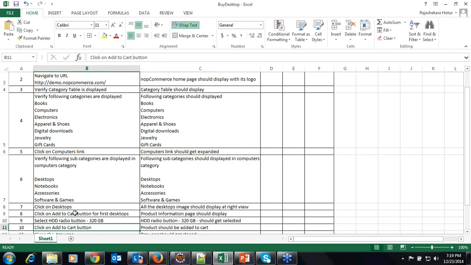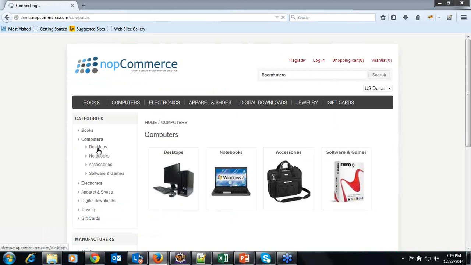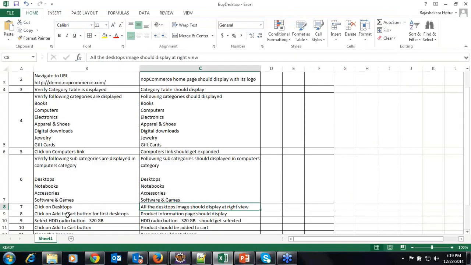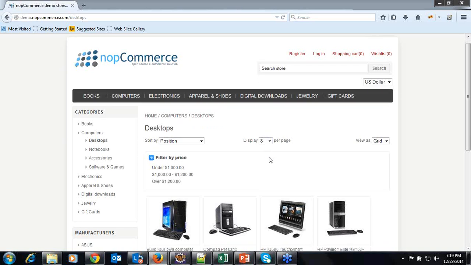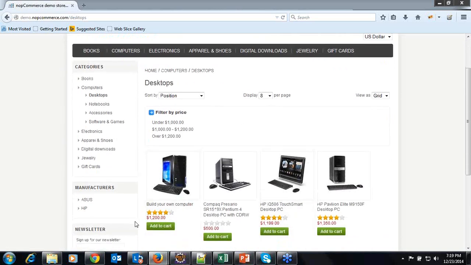Seventh step is click on desktops. Here is a link called desktops. So click on desktops. Then click on the add to cart button for the first desktop. After clicking the desktops link, you will get desktop icons as well as the add to cart button below each and every desktop icon. It is asking to click on the add to cart button for the first product. So this is the first product. Click on add to cart. So after clicking,